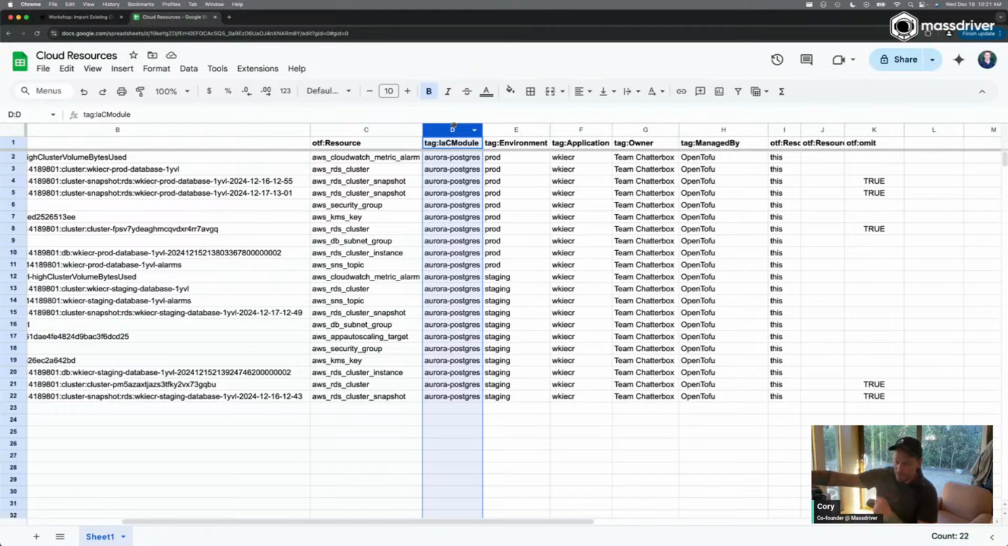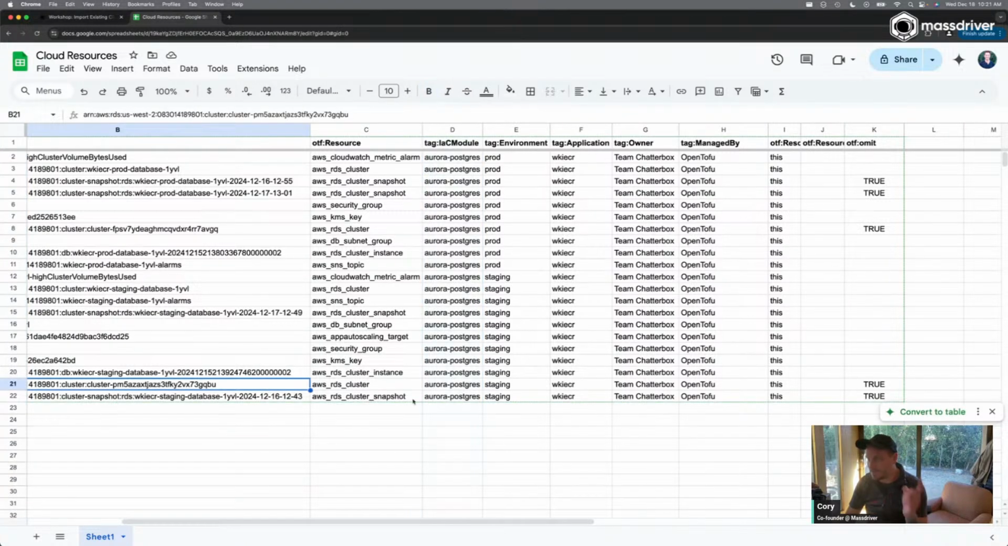So if there is a problem with a resource, maybe we find that there's a security vulnerability in this Postgres cluster, I can see it came from this Aurora Postgres module, and then I know that any other database that came from that module might have that same vulnerability. And so now I can go back and fix it, versus just looking at a database and saying, how did this one get here? So I think that tagging your infrastructure with the module it was sourced from is one of those things that,